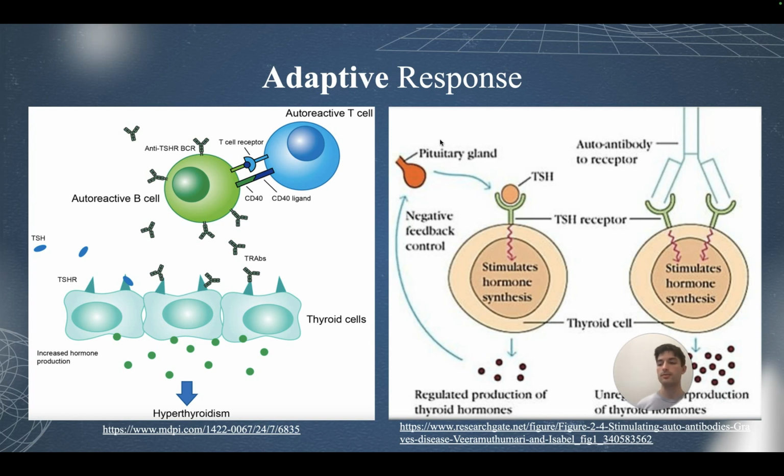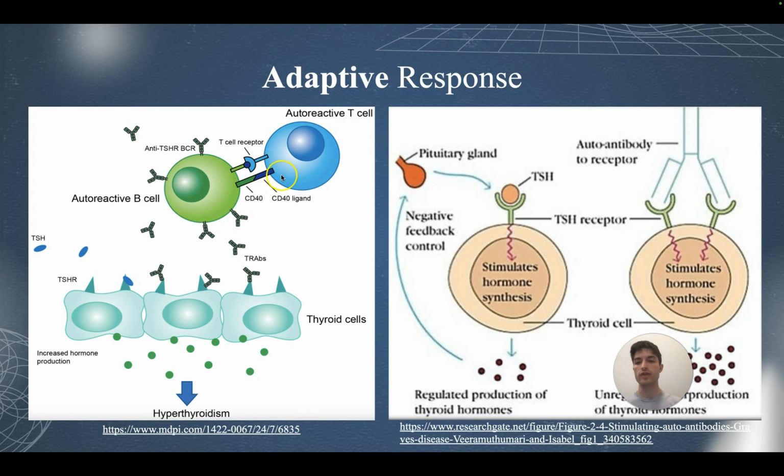B cells are also capable of serving as antigen-presenting cells, and this is due to the B cell receptor, which enables the identification of specific antigens against which they can initiate an immune response and synthesize antibodies. Antigen fragments are then presented to CD4+ helper T cells via your MHC II molecules. In the case of Graves' disease, it's believed that this foreign antigen presentation via the B cell may contribute to the activation and expansion of the autoreactive T cells, which then furthers that hyperthyroidism from excess T3 and